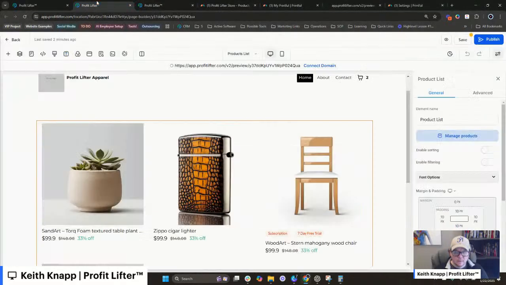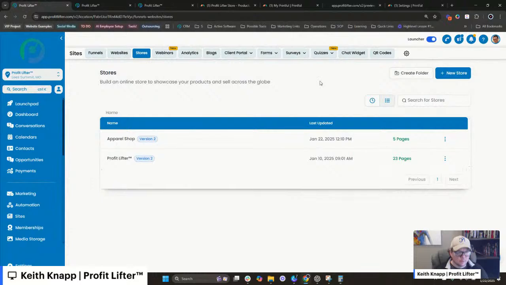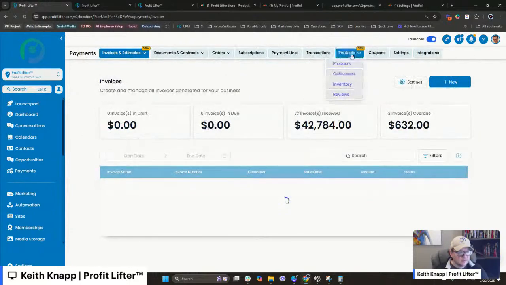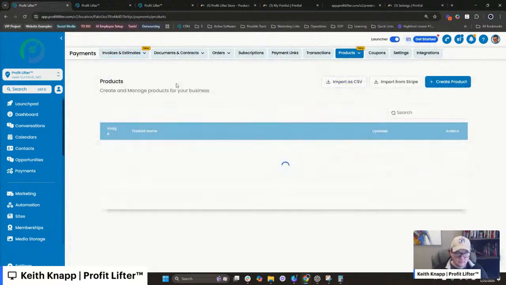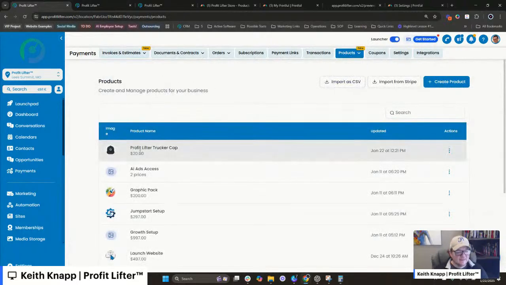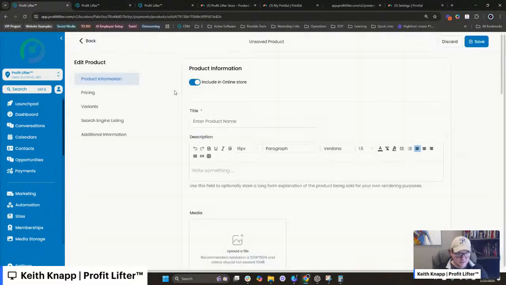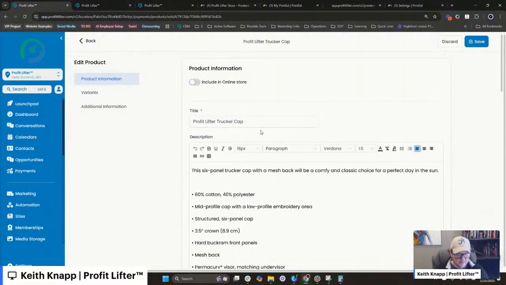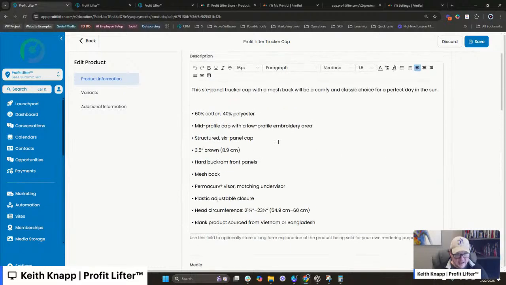Okay, let's see what our products look like though. There it goes. So yeah, the integration didn't look good, but you can see it actually pulls in right there, the Profit Lifter trucker cap. So what we're going to do is edit this. I want to make sure that it's all set up, include an online store. Yep. And you can see it actually pulls in the